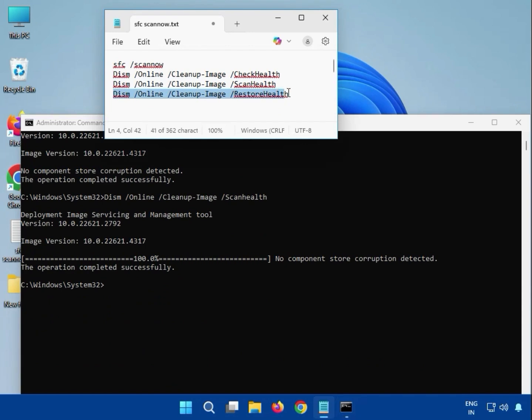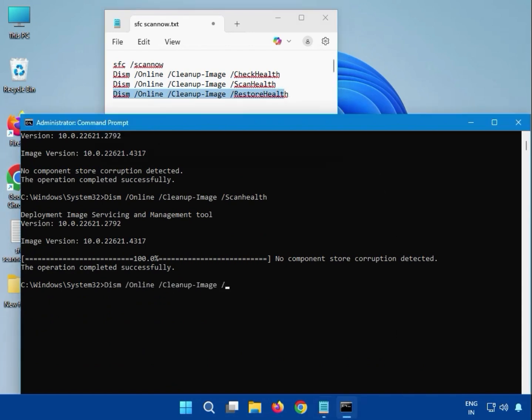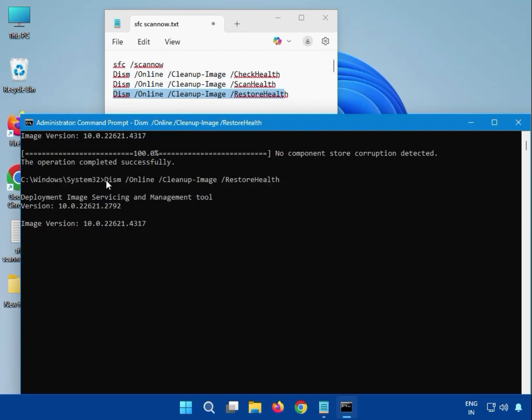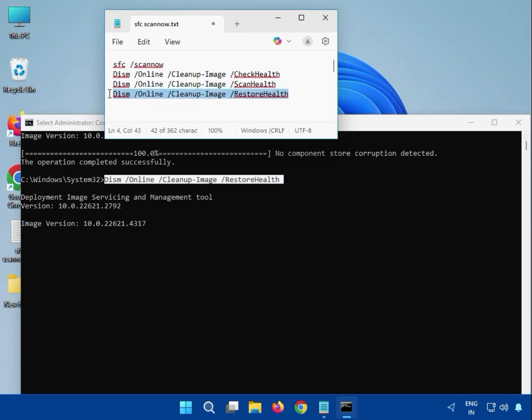Then guys, fourth one, which is restore health, you can see here, you can enter like DISM and all, and please note small and capital. Okay, restore health, and then hit enter. Again guys, you have to wait. Okay, some percentage will start, it will complete. After that, you can see here